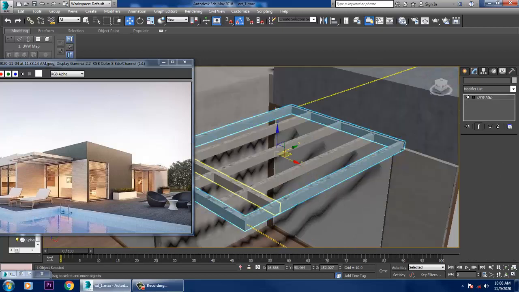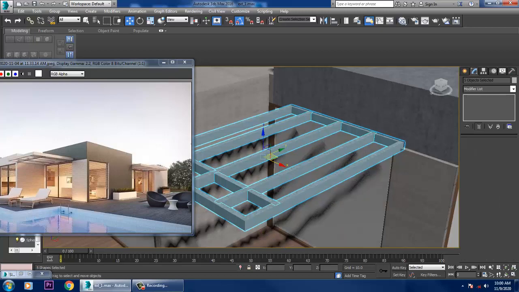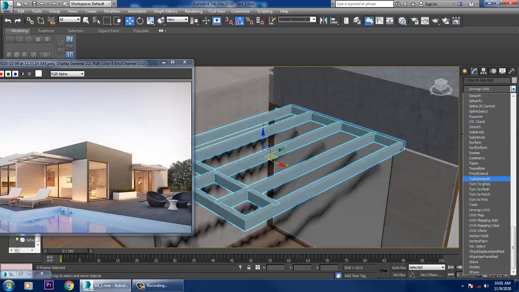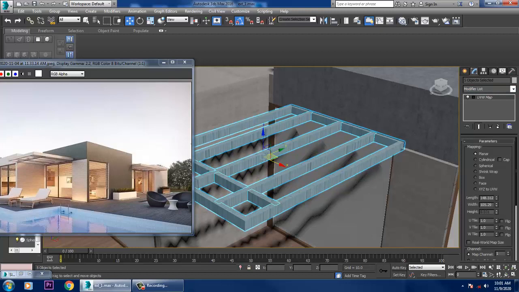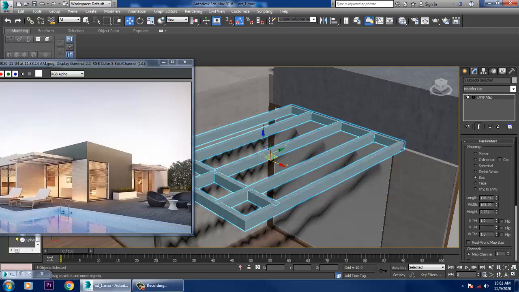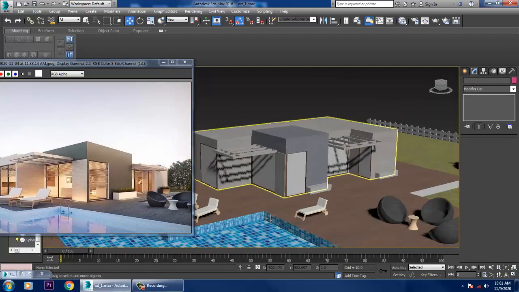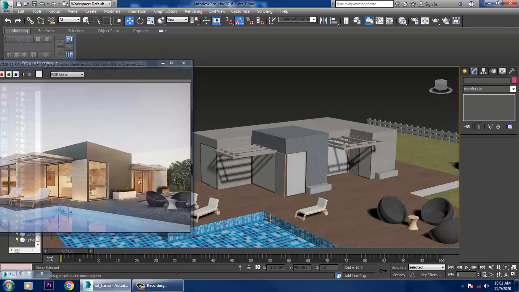Let's select this all, delete this and give a UVW map. Set it as a box. You can fit that and increase its height. Alright, you can save your file once again over here.